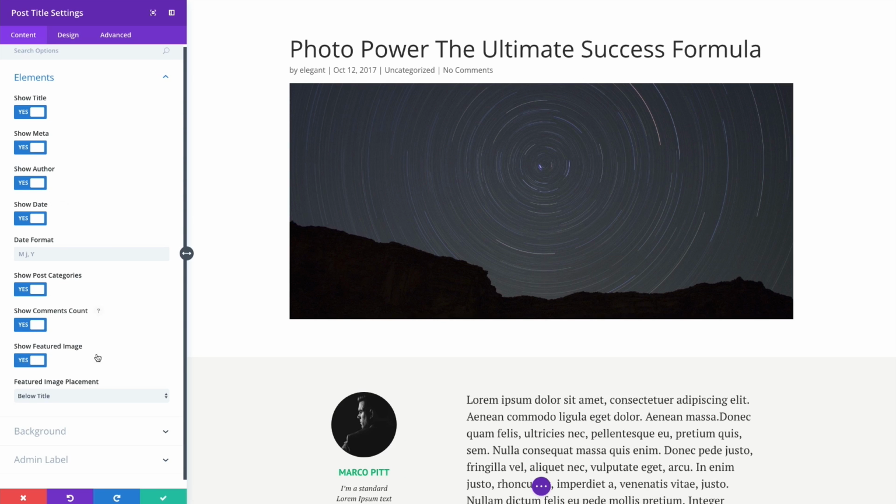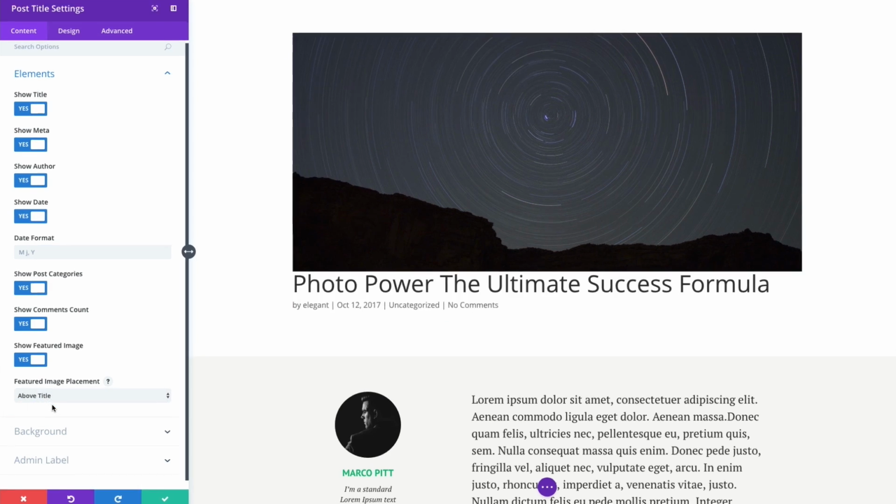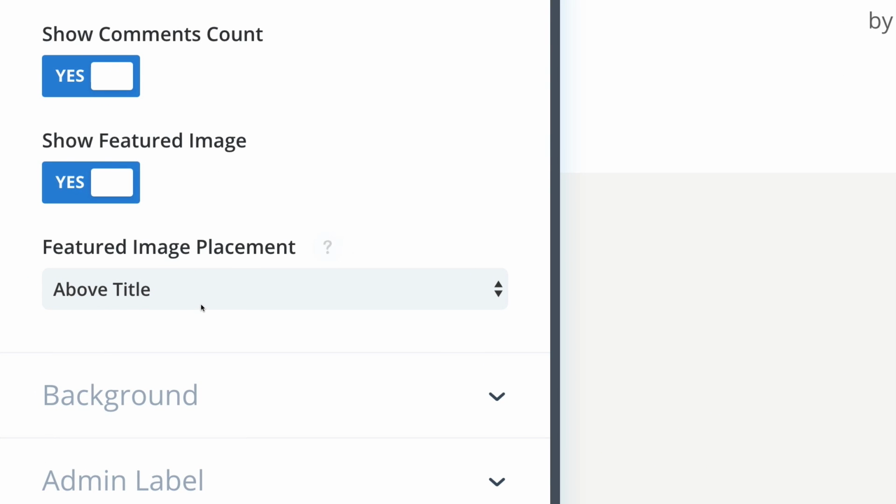And one of the coolest things about this module is the ability to show where you're going to place your featured image. It comes with three options: below title, above title, and background image. So we can either choose to keep it below the title, which is by default, or if I changed it to above title,